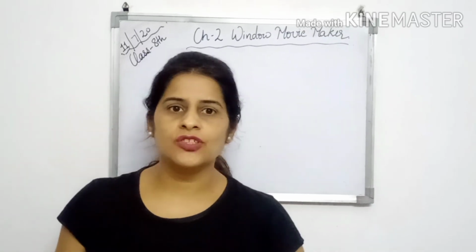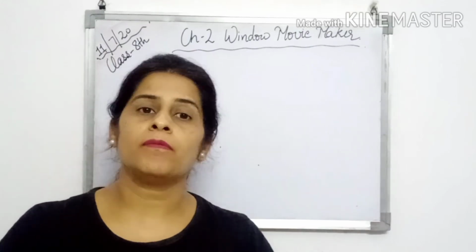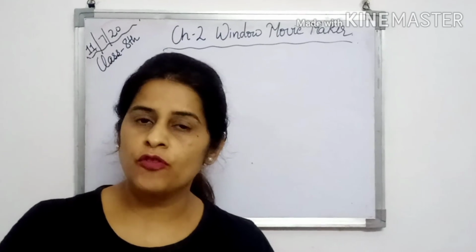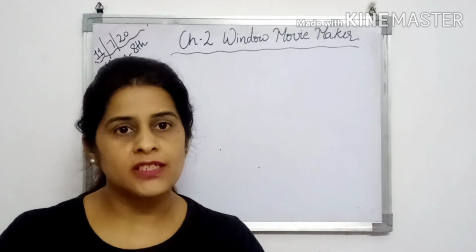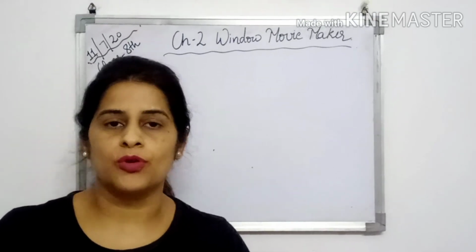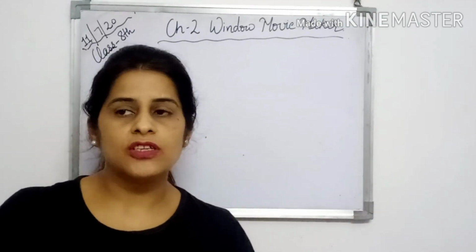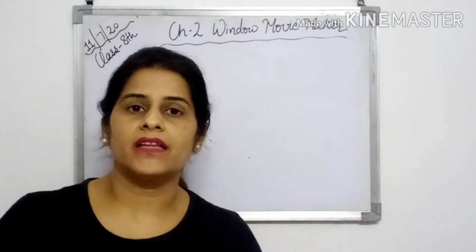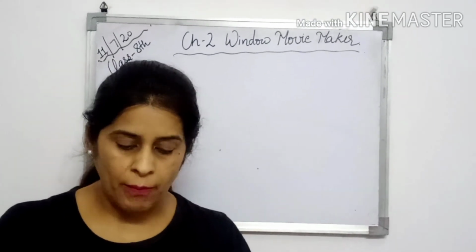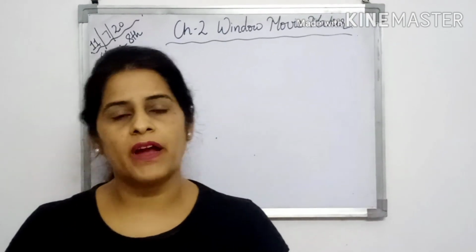I hope you have enjoyed the practical session of Windows Movie Maker. Now you are very much familiar with this software, and you are able to make a video by collecting the various pictures and clips, and by joining them you can make a complete video. You can also give titles and captions. When moving from one picture to another, you can apply transitions and visual effects. And at last, I have told you how you can save a movie and how you can export your movie to YouTube and Facebook.